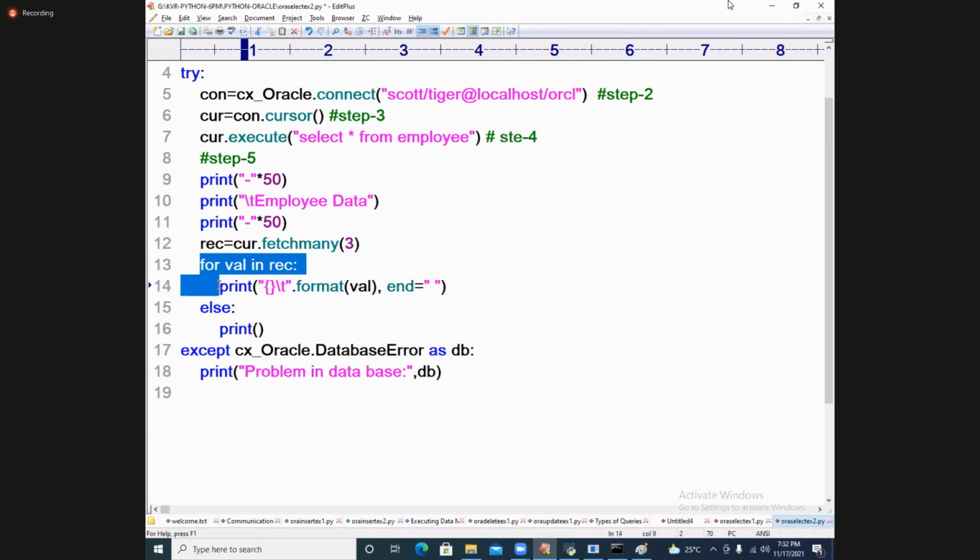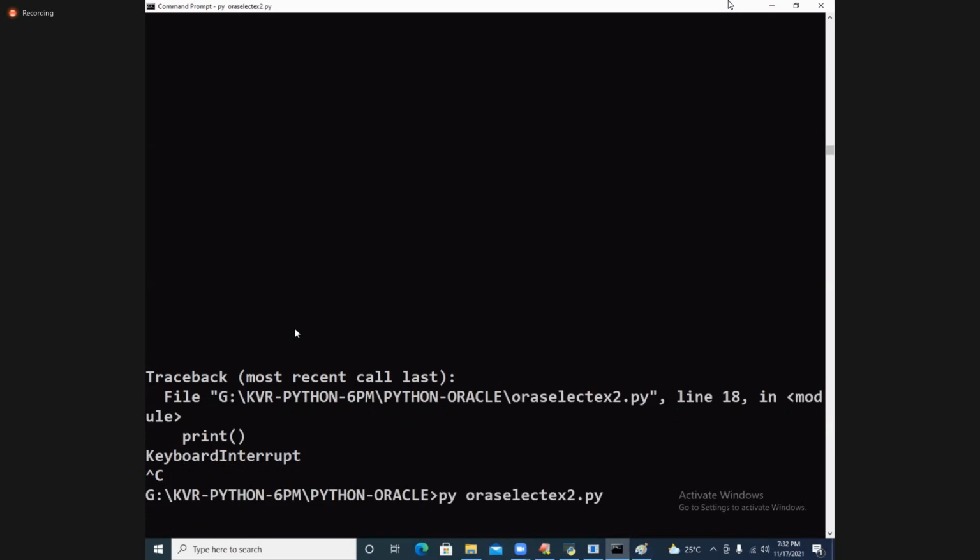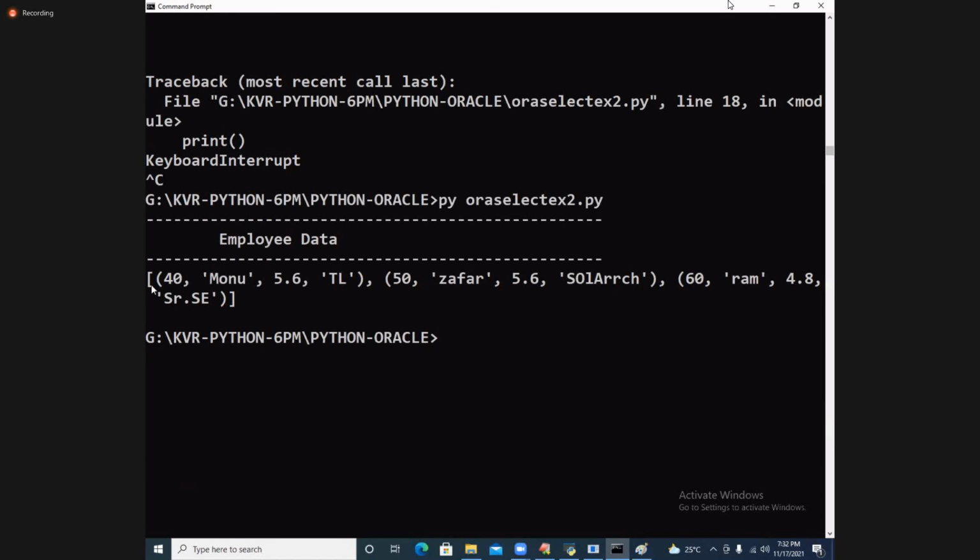First of all, please eliminate this. Print once, records. First, records you see. Execute. See the records. How many records are printed? First tuple, second tuple, and a third tuple. List of tuples, I said.